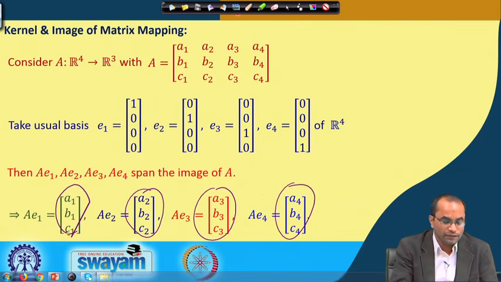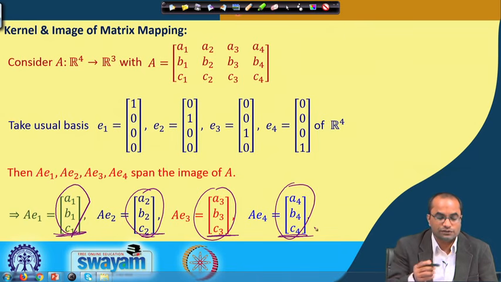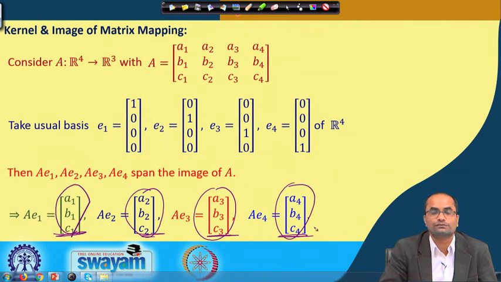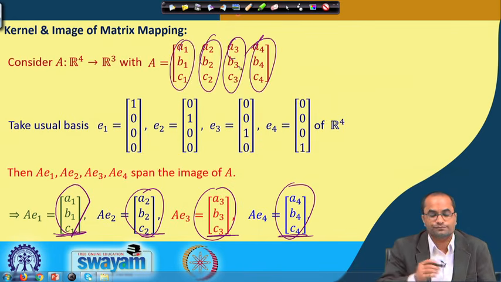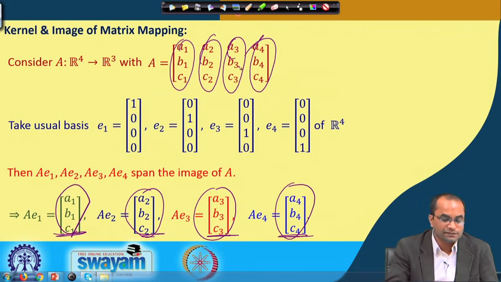So, we know already the spanning vector of this image, which is in R 3. So, the image of this A. What are these? These are precisely the columns of this given matrix. So, the image is nothing but